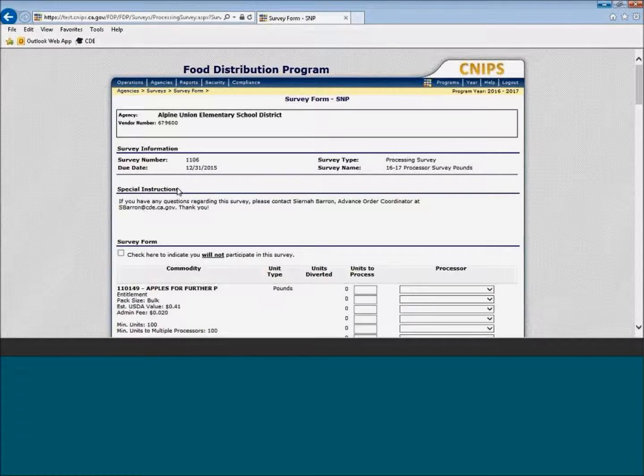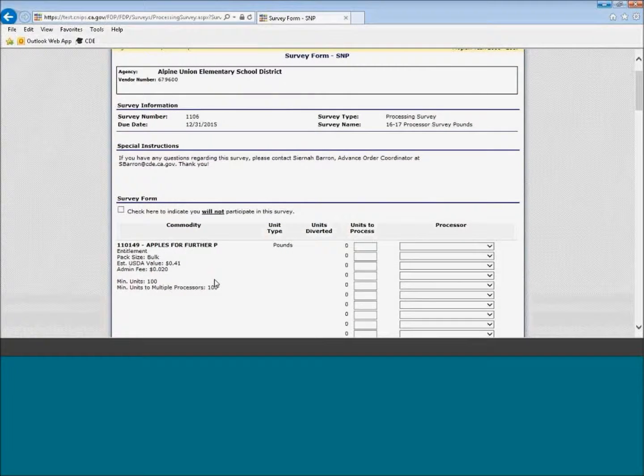You will notice that the screen displays the same information as the previous processing survey. One difference is the unit type, which should be all displayed as pounds. Another difference is the admin fee charge. Whereas the admin fee charge on the processing survey for cases displays the 80 cents per case charge, the USDA